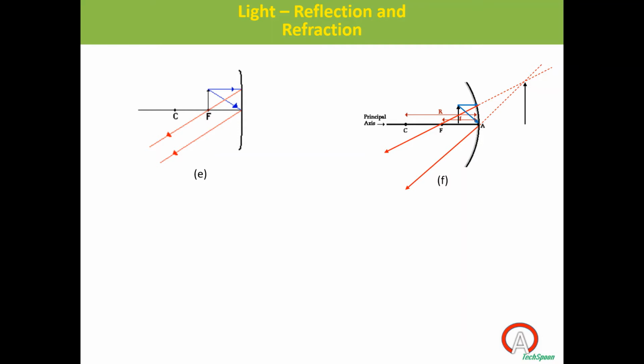But in the last position, that is, when we kept the object between F and P, you will not get any image on the paper. You can just see that image through the mirror. Something is on the back side, right? So that kind of image is a virtual image. I will show that video once again.